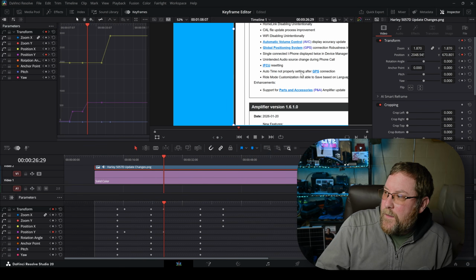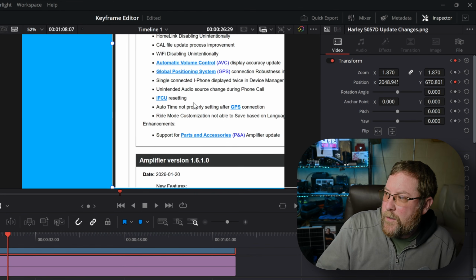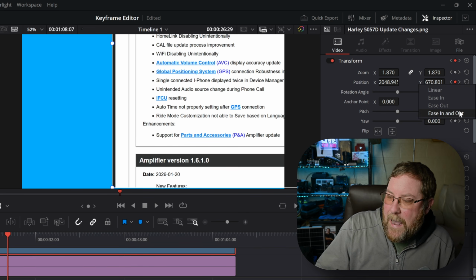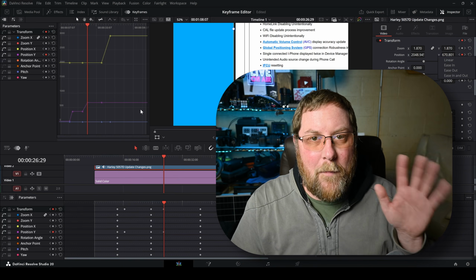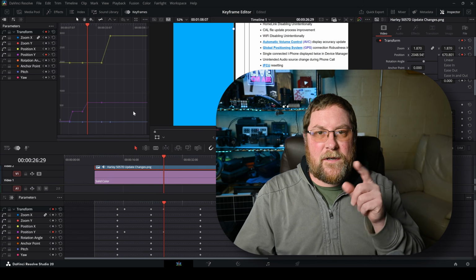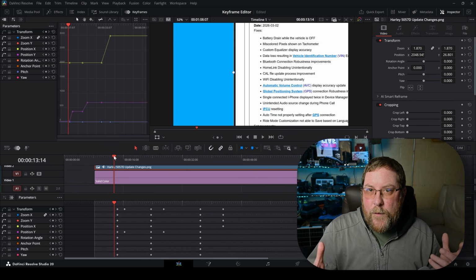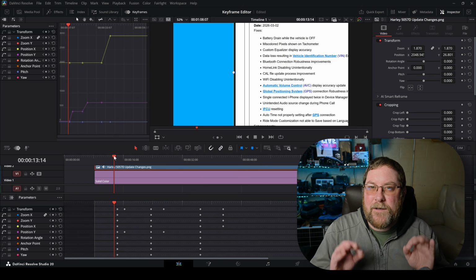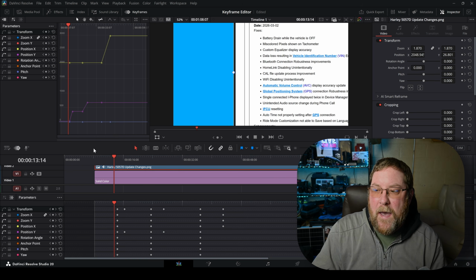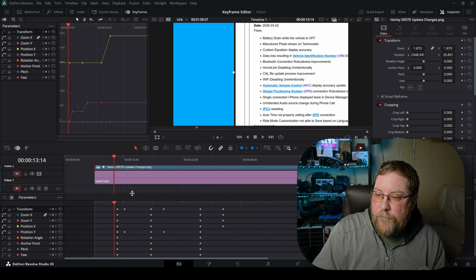Now, the old way of doing this before the Keyframe Editor was introduced is to right-click on an individual keyframe and change it from linear to ease in, ease out, or ease in and out. There's a much faster way you're going to save time with this one. But before we go and smooth things out, let's just see how rough it is by default with the linear playback. So I've set my playhead right before the first keyframe, and I'll press the space bar to play,